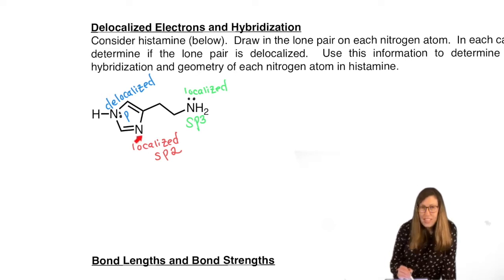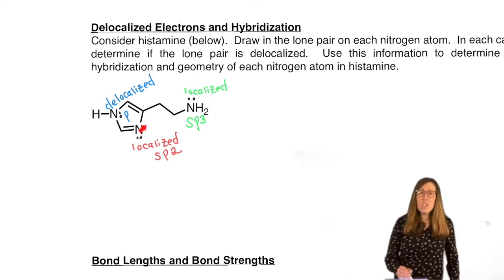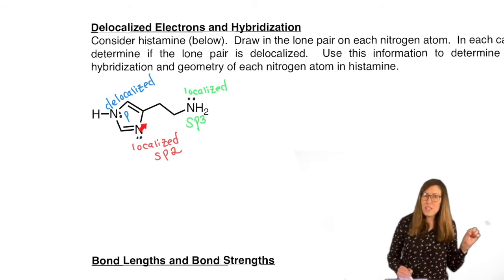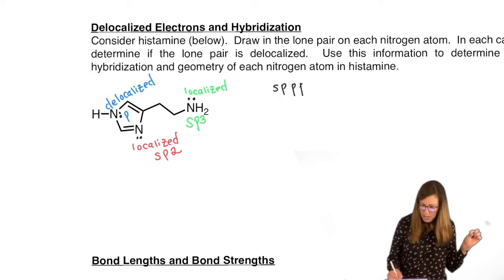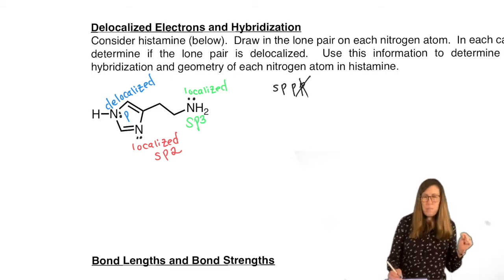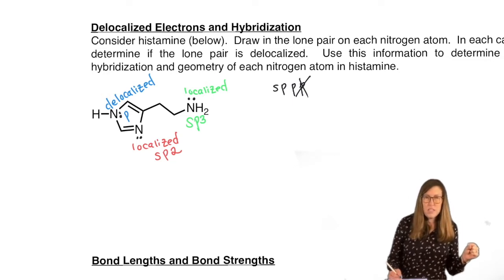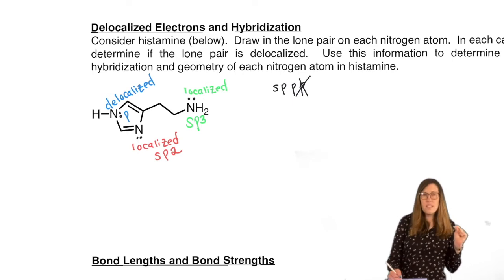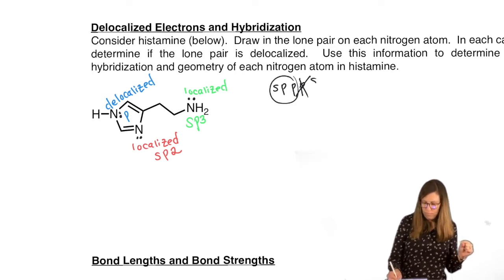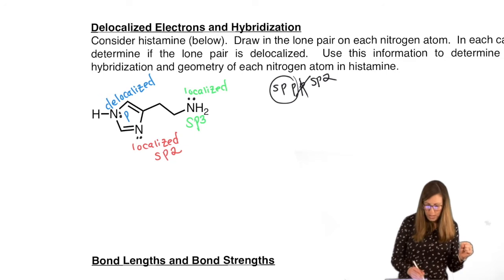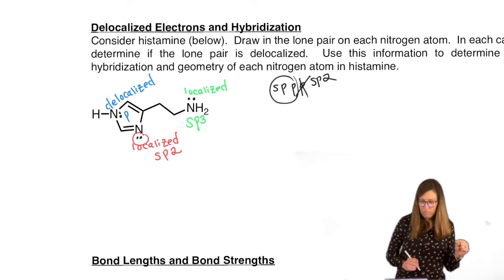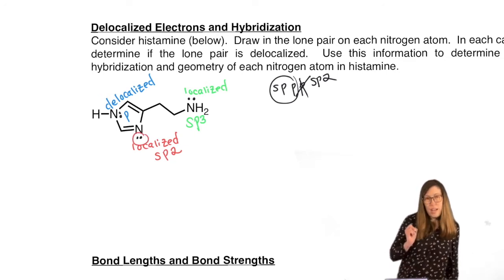So you should get that because this nitrogen used a p orbital for a pi bond, one of those p orbitals is gone, right? So in other words, if you make your list, s, p, p, p, a pi bond was made, a p orbital was used, so it must be sp2. That means everything else that's not part of that pi bond is sp2, including the lone pair. So that lone pair is in an sp2 hybrid orbital.